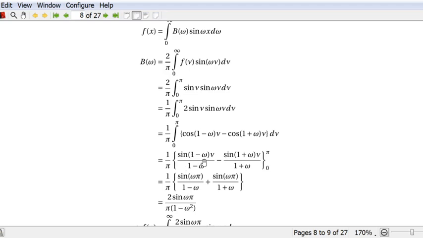So sine of 1 minus omega pi is equal to sine omega pi, and sine of 1 plus omega into pi goes to plus sine of omega pi. Here again I use the result, replace nu by pi, so sine of pi plus omega pi, that is in the third quadrant. In the third quadrant, sine is negative, so this minus and that negative gives positive. Now we substitute